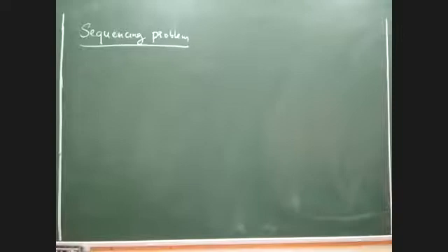I think now we can start with the first variety of question, which is processing n jobs through 2 machines. I think one question I have included in the notes, I mean the PDF document which I shared in the morning today. The first question is already included in it. I will solve the same problem now, and then the remaining questions I will dictate later. Can you all please open the document and just see the first question? The first question here is the processing of n jobs through 2 machines. The one problem is in the PDF document. The same question I'll solve now, and then we will take up the other questions.